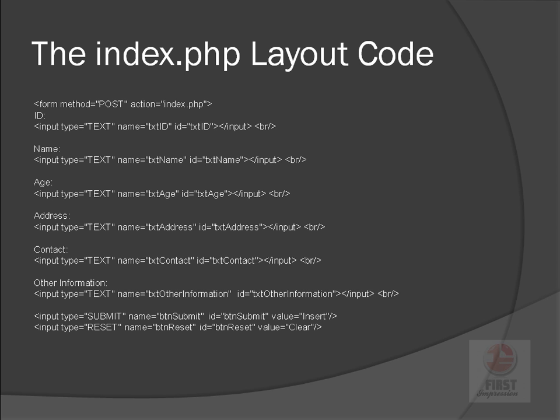Then we have an input type of reset. This is a new type of input. Whenever you keep an input type of reset, this will give all the default values to the form. So whatever blank values the form has, when you click on reset, the values will again become blank. So whenever you want to add a new record to the database, you just press clear. It will clear everything on the form. So far so good. So we have created a new form. The form has all the 6 fields and 2 buttons.